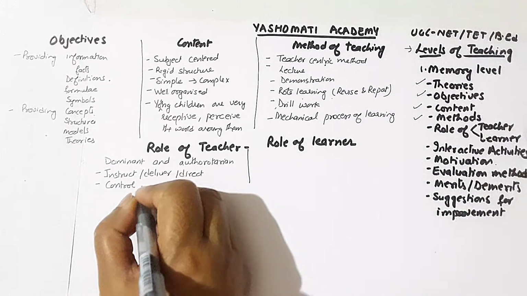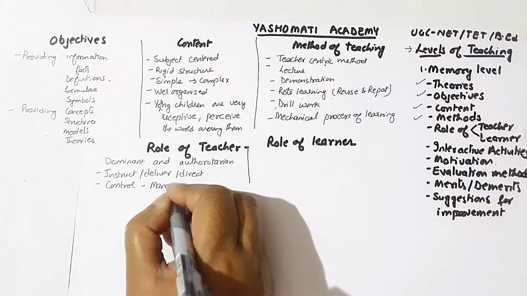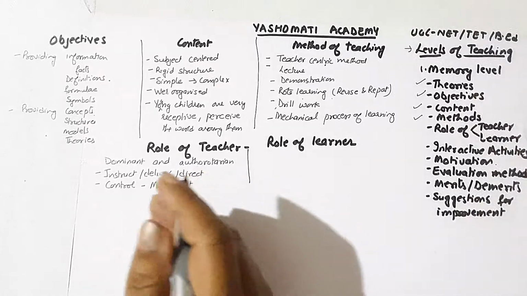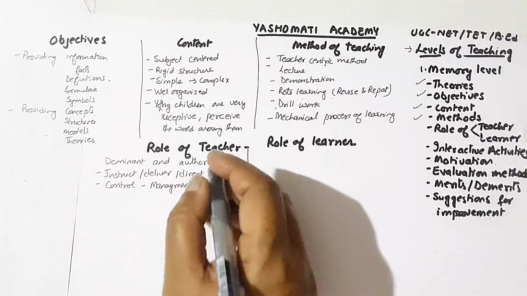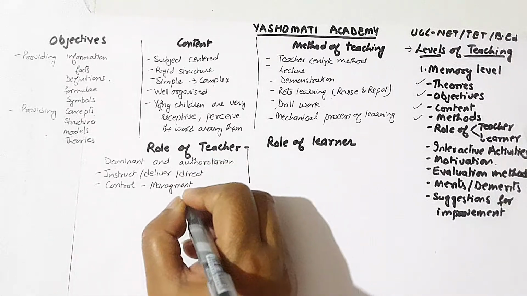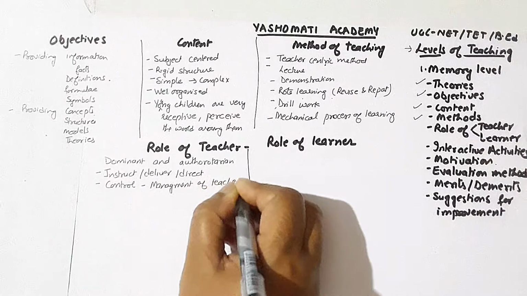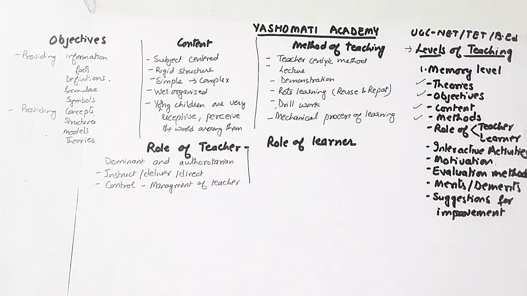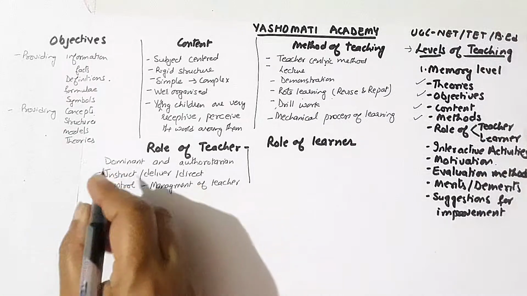So here what we see, that the whole of the management of classwork as well as the work or activities assigned for work outside the classroom, they are under the control of teacher. So teacher has to be a good manager. He has to decide what activity is to be done, in how much speed and how much complexity it is to be done. That is all the role of teacher.